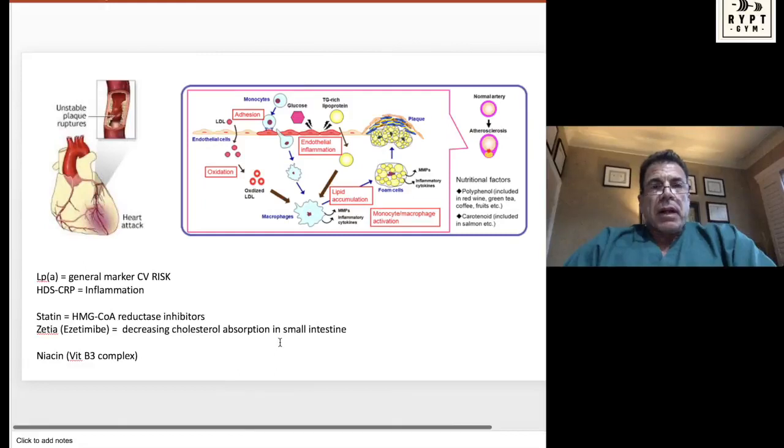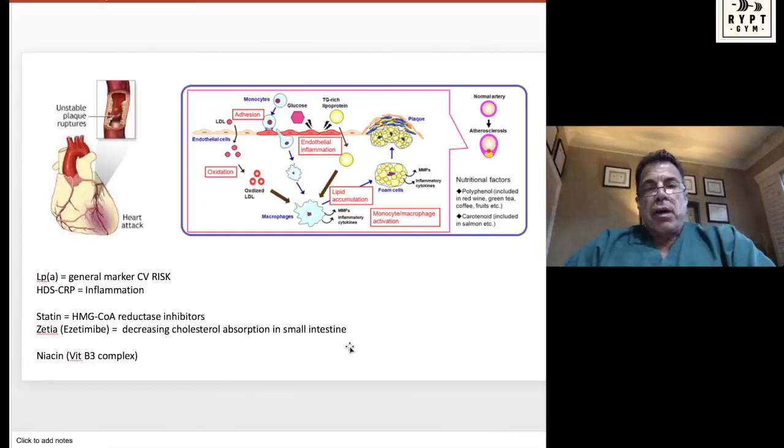Things that doctors do, and I recommend if you have this problem, you have to see your own doctor. This is just general information for you. But the medications we can use, the statins are the most popular. They are HMG-CoA reductase inhibitors. HMG-CoA is the enzyme that makes cholesterol, basically. Statins, however, can cause a lot of muscle aches, so it requires some trial and error as to which statin is going to work for you. But these are the most effective cholesterol or LDL reducing agents.